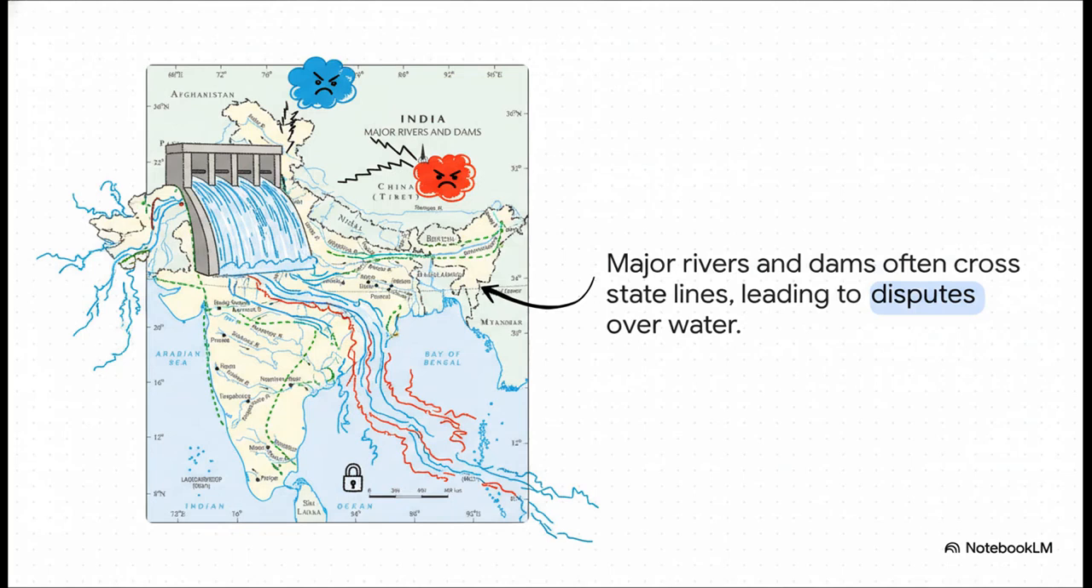Another big issue is conflict between states. You see, a river doesn't care about state borders, it just flows. So if one state builds a dam, it can control how much water flows to the next state downstream. This, as you can imagine, leads to a lot of arguments. A well-known example is the Krishna-Godavari dispute, which involved objections between Maharashtra, Karnataka, and Andhra Pradesh over sharing the river's